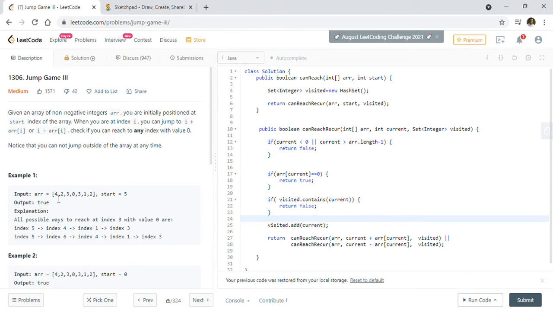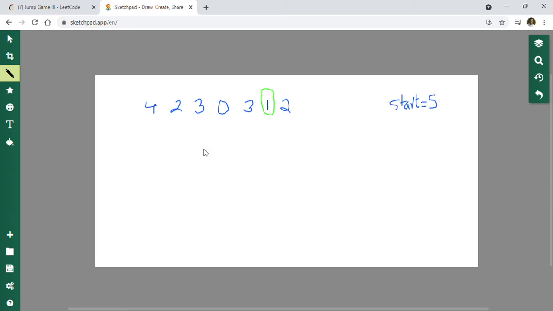I'll just explain it by taking this first example. So these are the array elements that are given to us, and we are going to start at array position 5. This is a zero-based position. Let me just write down the array positions here.